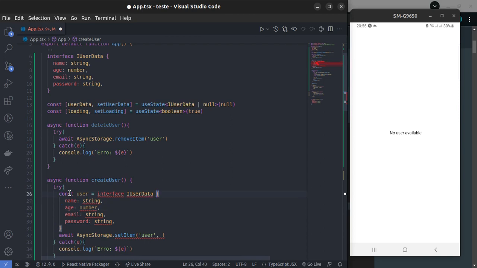That could be, that is. I just remove this and put the name. Name is the user. Age will be 20. Email will be user email. And password will be user pass. And for user here,